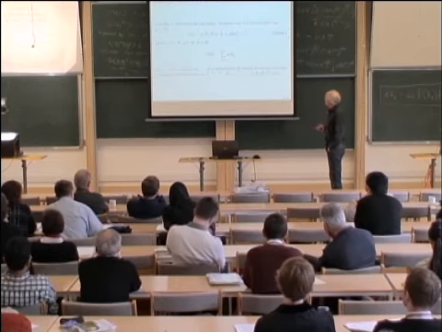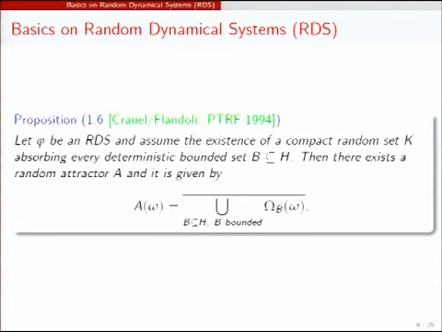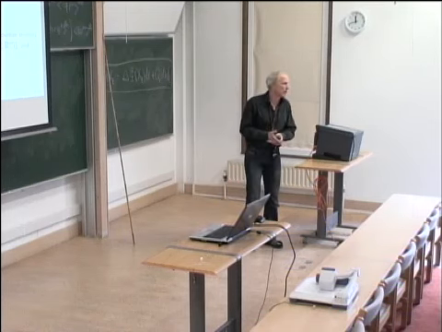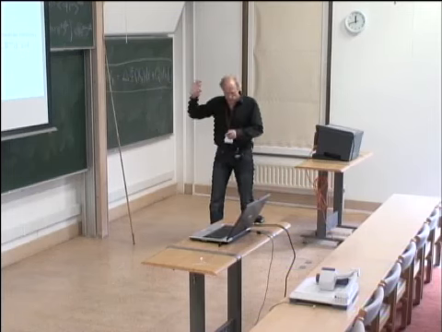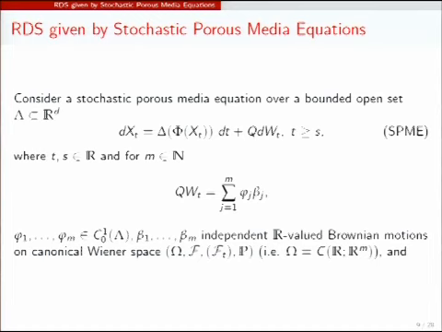Okay, so now I'm going to the special random dynamical system that I'm considering here. You have the equation there, always to remember. And since it's fashionable now, I would like to make, okay, maybe I'll make the remark a little later. Okay, so we look at this, what is the stochastic porous media equation. And we start at any s, of course. And in most of the proofs I take s equal to 0, for the idea of the proof later on. But of course, you have to start at every s.